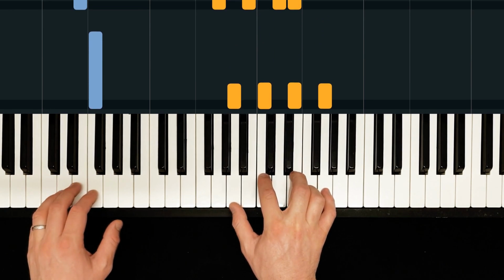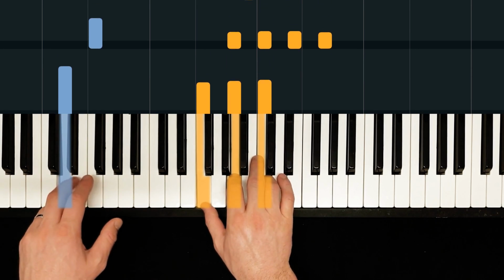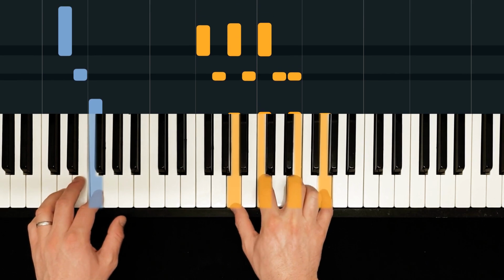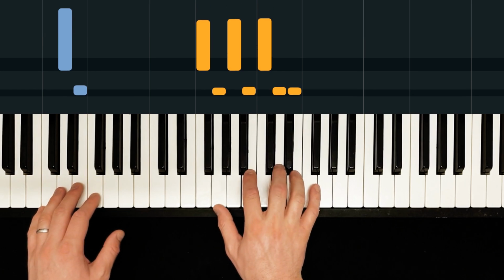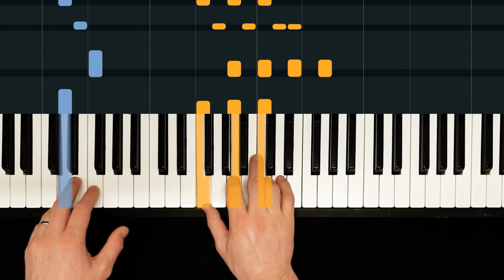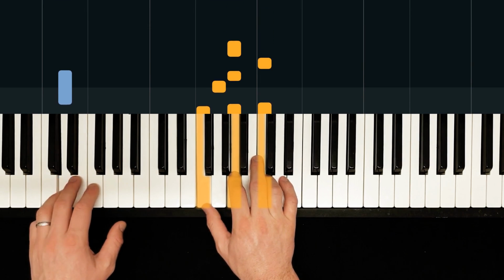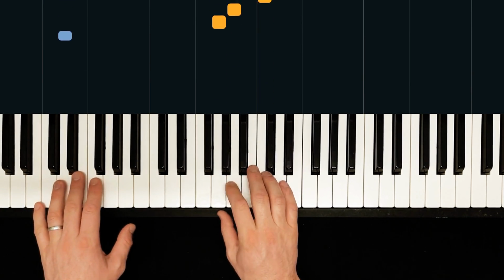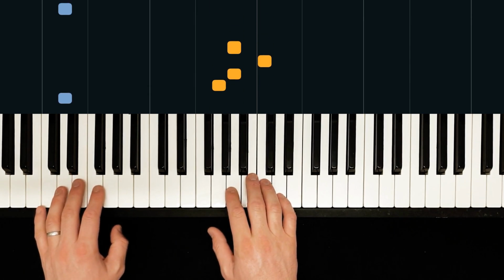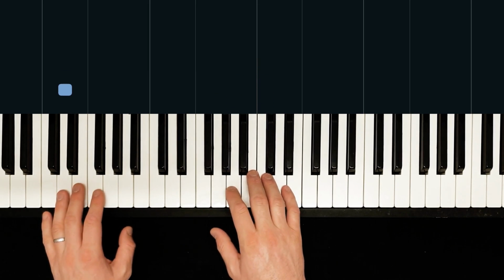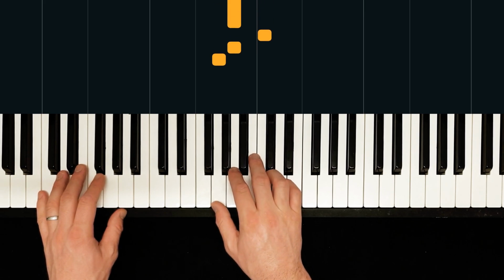Let's look at those really slowly. 1 and 2 and, do that again a bit faster. 1 and 2 and, again, 1 and 2 and, last time, and I'm going to move on. And 2 and, 3 e and a 4 e and a, 3 e and a 4 e and a. The D on the last quarter of beat 3, and then on the 4 quarters of beat 4 you